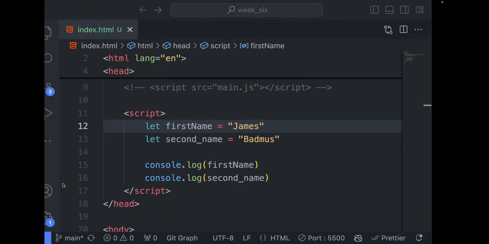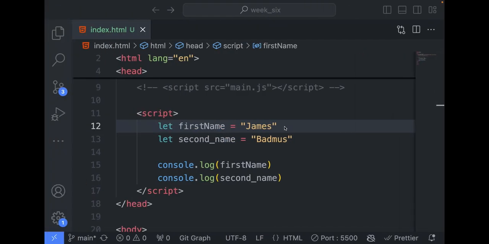Which means in JavaScript, it is not a must for you to terminate your statements with a semicolon. Unlike other high-level languages like Java, C#, C++, where it is a must. In fact, once you don't put a semicolon, the compiler is going to flag an error. It's going to tell you that you've not terminated that particular statement. But